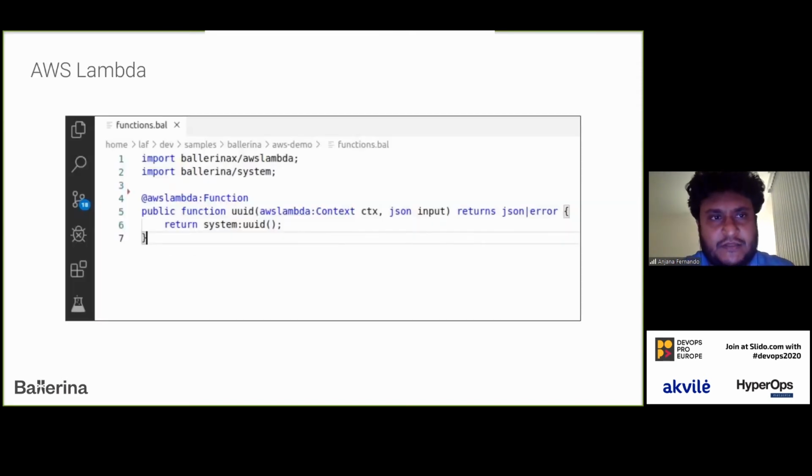Similar to the Kubernetes support in Ballerina, you can take a simple function and turn it into a Lambda as well. You just have to put a simple annotation again, and you can directly deploy it to AWS Lambda without any further steps to do the deployment. So I'll come back to this scenario again